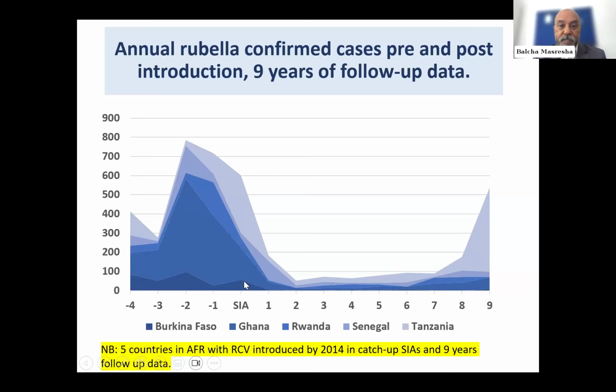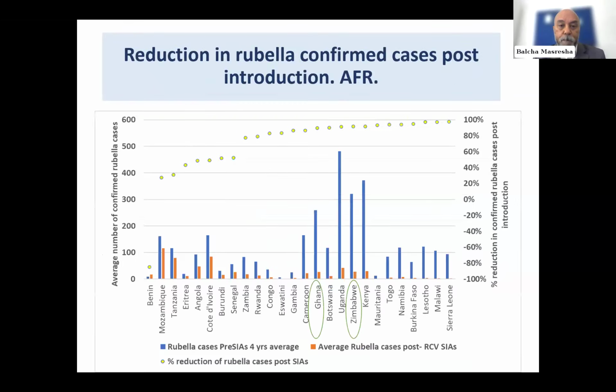So after the initial wide age range mass vaccination campaign, every 4 years or so, based on their routine coverage and population immunity, Tanzania has been supported to do its first follow-up campaign at 4 years post-initial campaign. The second campaign was supposed to have been done by year 8, but because they failed to plan for it timely enough, the second campaign was pushed to year 9. Before we got to that level, starting in year 8, we had a spike of rubella cases, as you can see here.